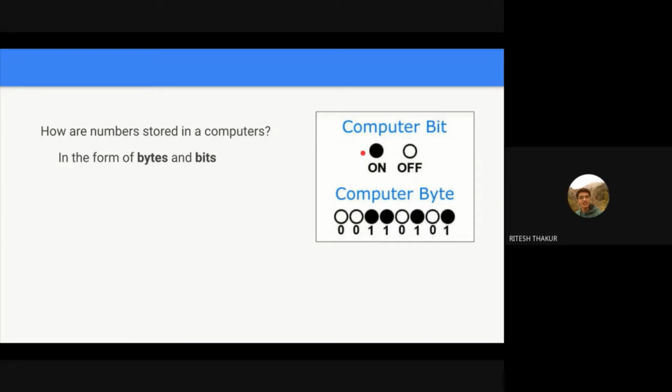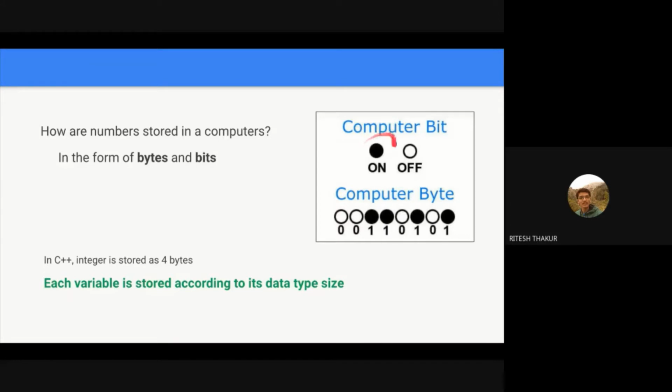Typically when we look at memory, like 8 GB RAM, the 8 GB means gigabytes. Whenever we mention data transfer rates or memory sizes, we typically mention them in bytes. Byte is more common, but you have to understand that a byte consists of 8 bits. For example, in C++, an integer is 4 bytes, but that is actually 32 bits, because a byte is 8 bits.